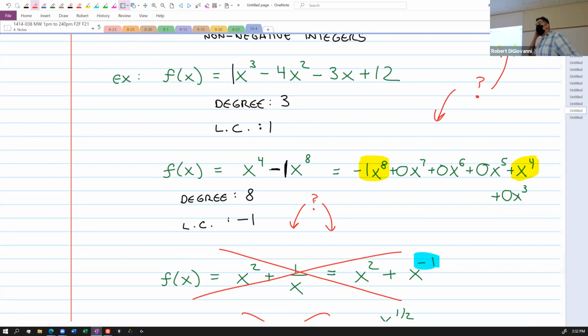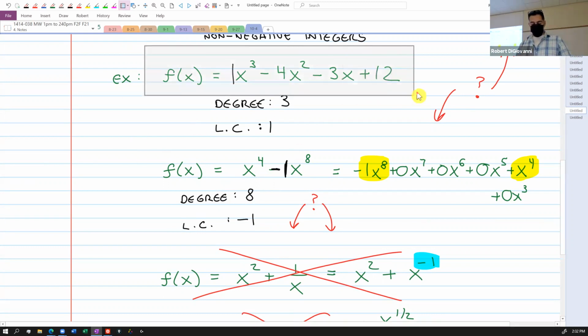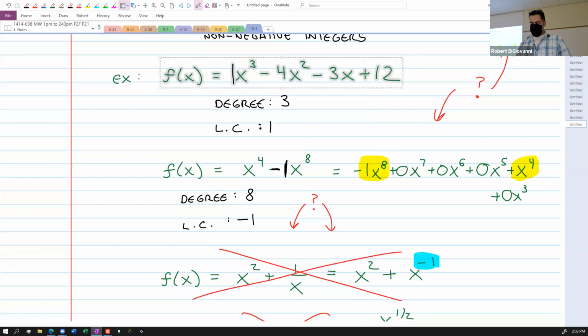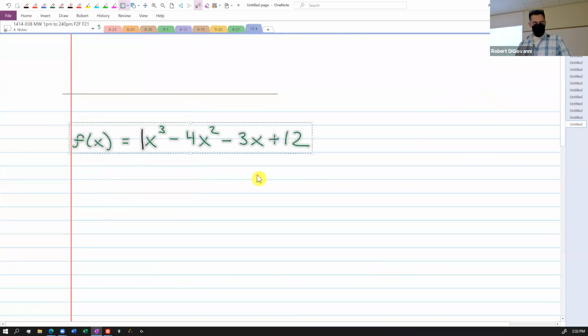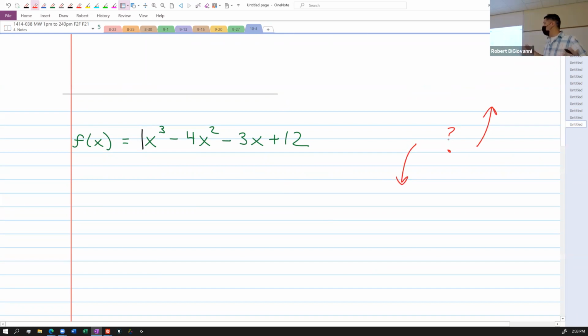So here's kind of where we are. We want to be able to graph these, okay? I want to be able to hand you this function right here next class. I want to be able to give you this and then ask you to go graph it. So the first thing you're going to do is say, all right, here's what I can tell you. The left side goes down, the right side goes up, right? And you don't know what's going on in the middle. That's the first thing you're going to do. And what we will discuss at the beginning of class next time is, if we want to graph it, all we'll do